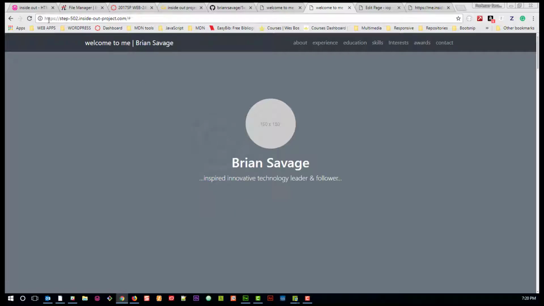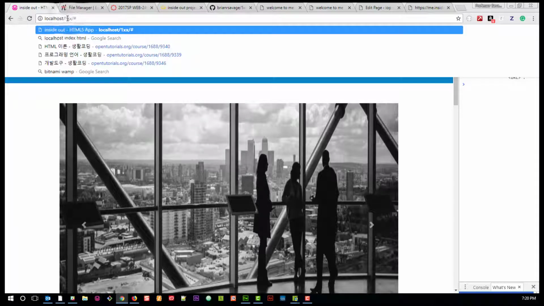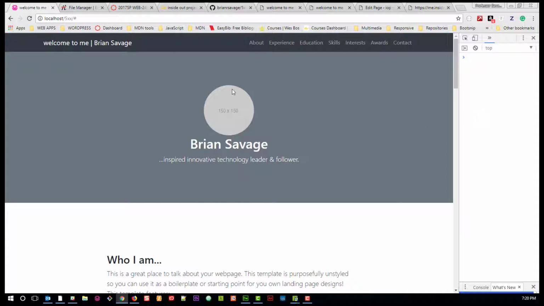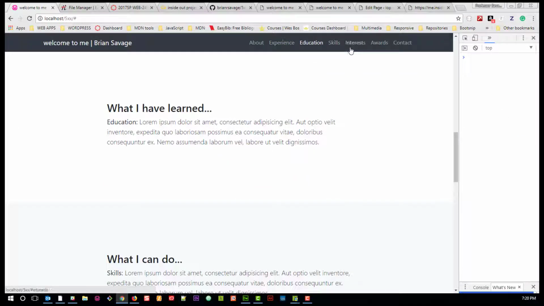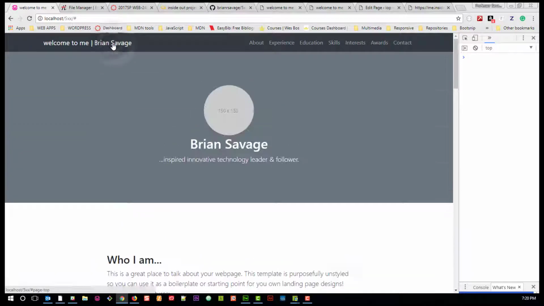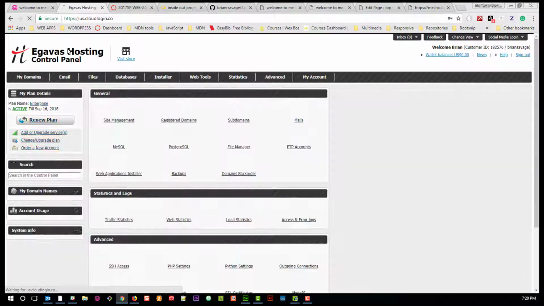So at this point, let's make sure we're ready to go. If we go to our local host and we take a look at our 5xx on our local host, we can see that we are currently running static. We have no requests going, no errors, which is always good. We like no errors, and we are able to move about our site and check out our content. So that's great. Let's make sure that we have our Agabus hosting panel open just in case we need to